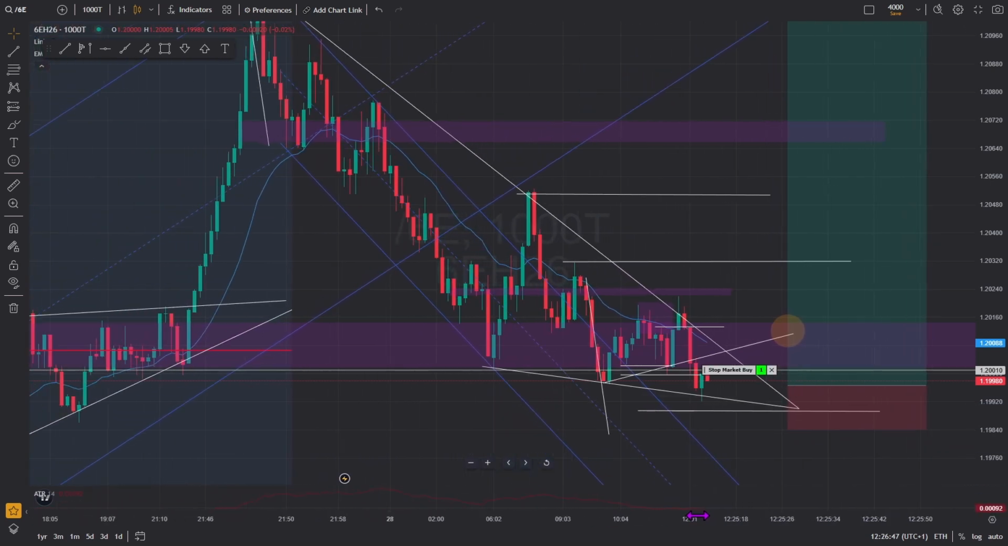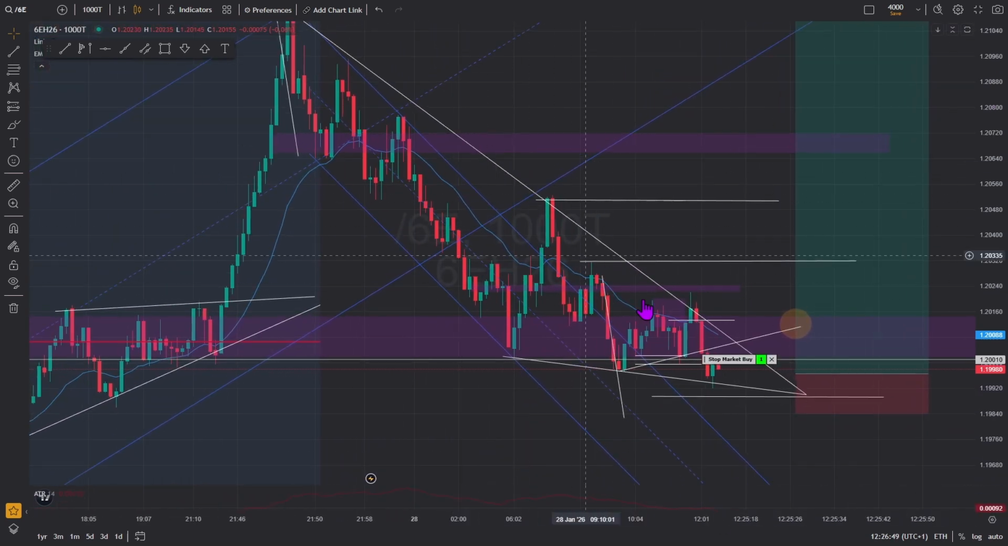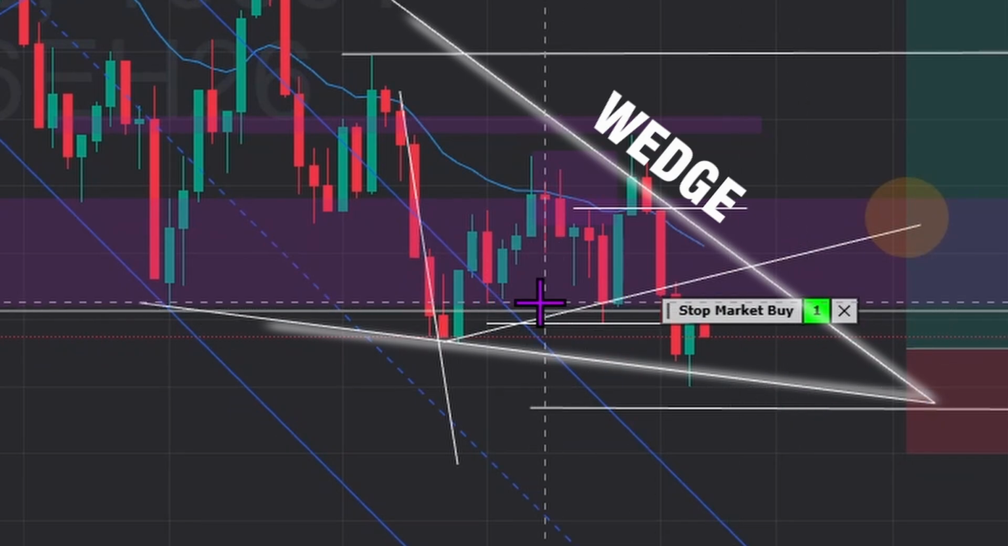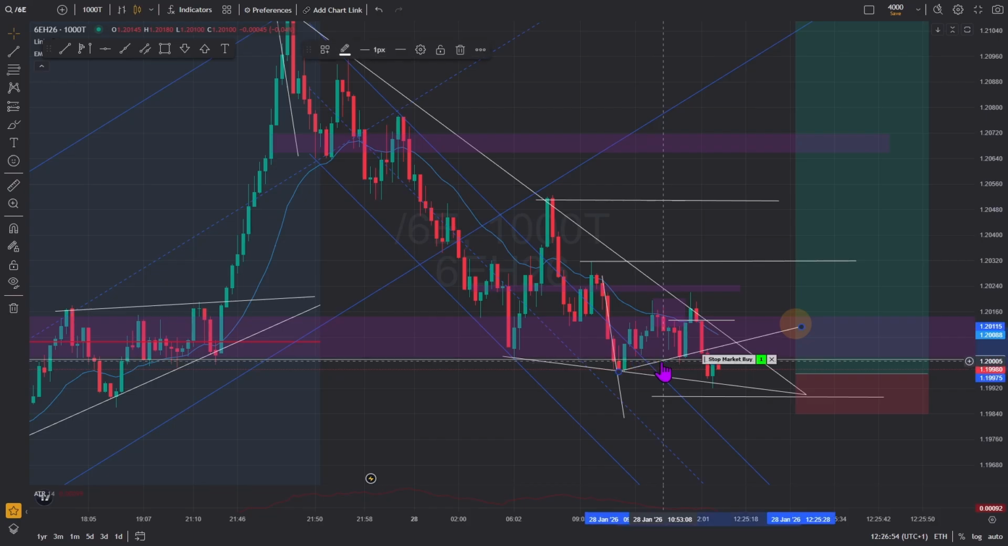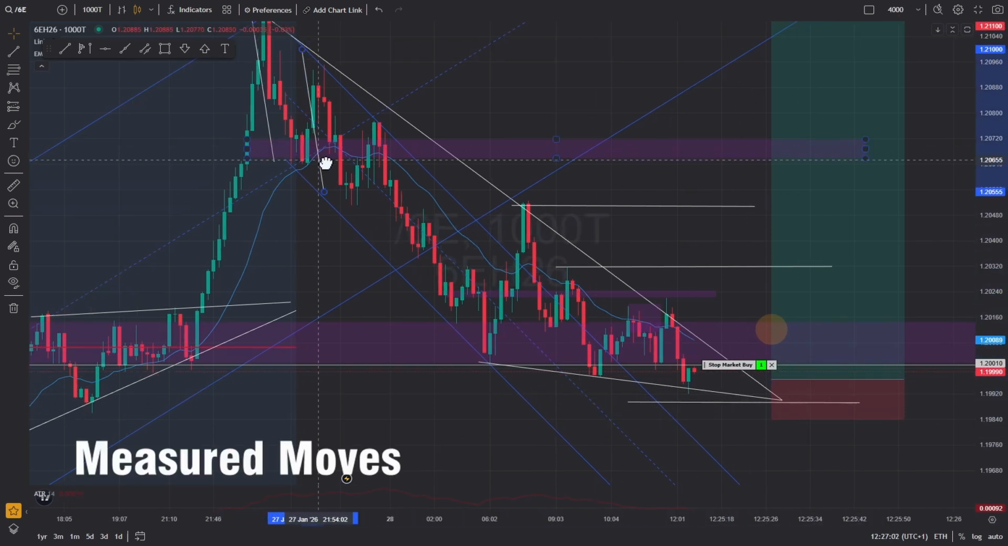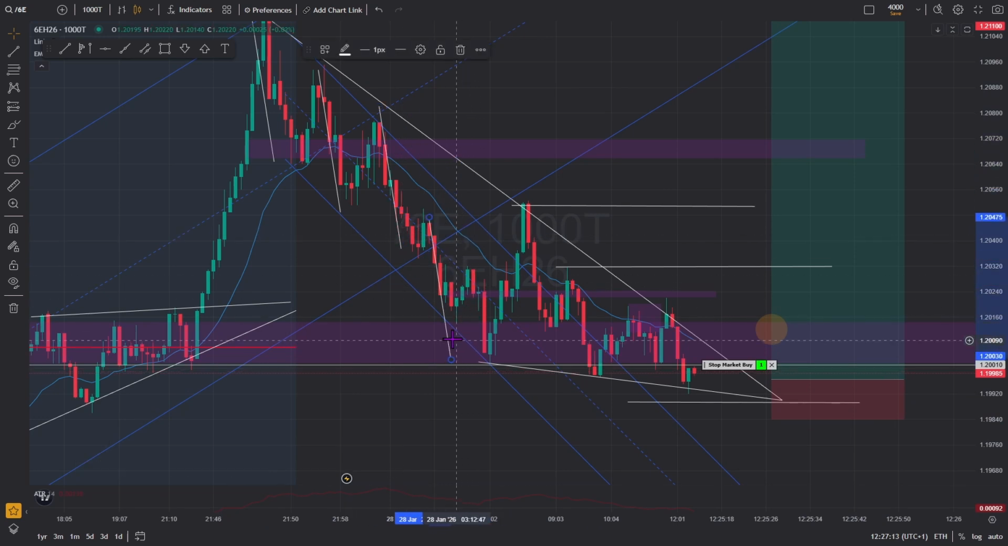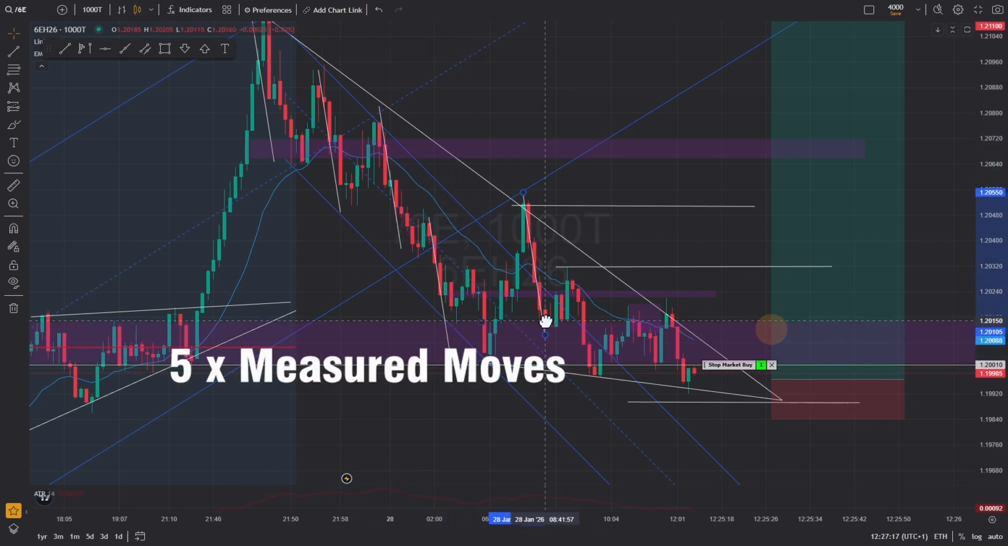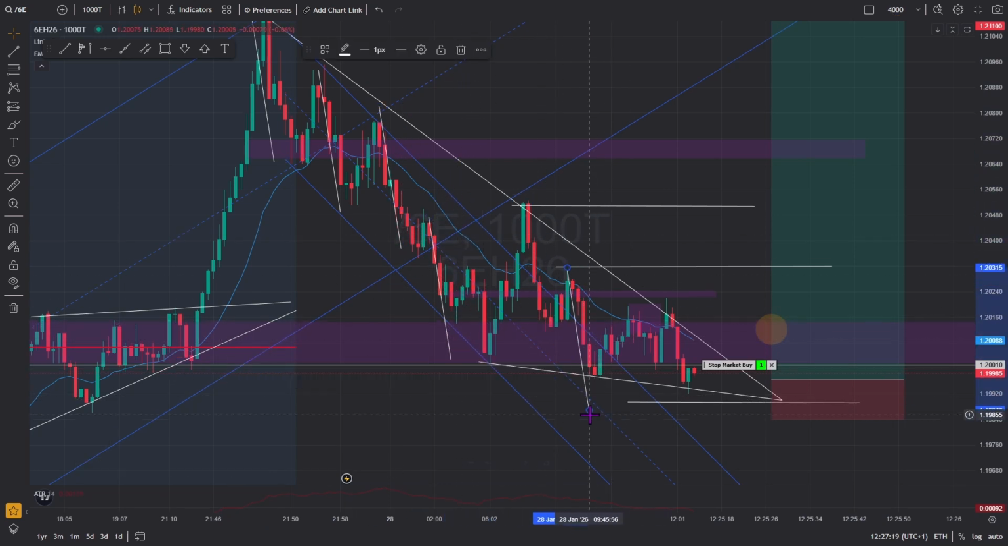this major support level. As I said before, we have a wedge. This is a wedge. I will remove some lines here, which are not really important now. We have a wedge. We have measure moves. We have 1, 2, 3, even 4 and 5. It would be better to wait to the end of the measure move, actually, to this level, but the distance